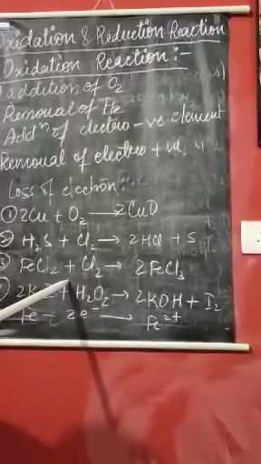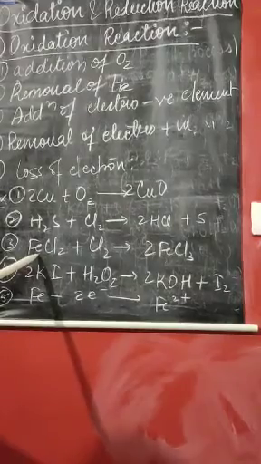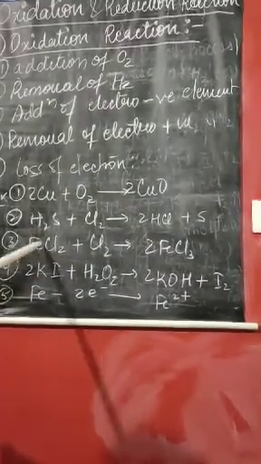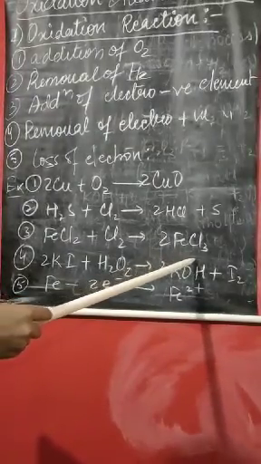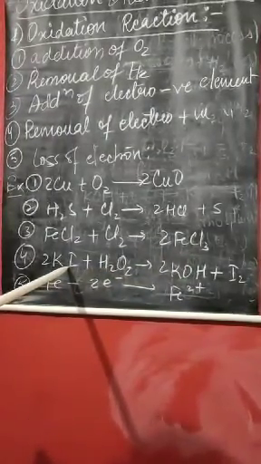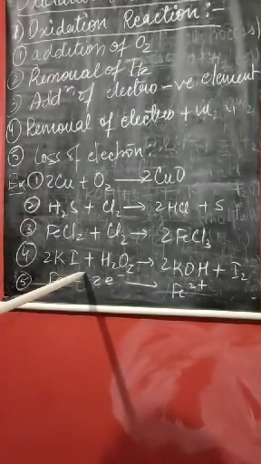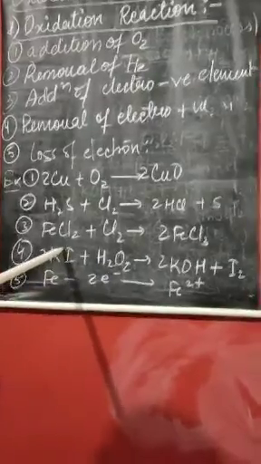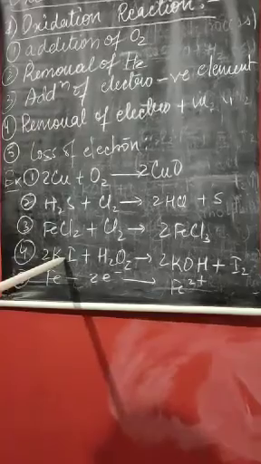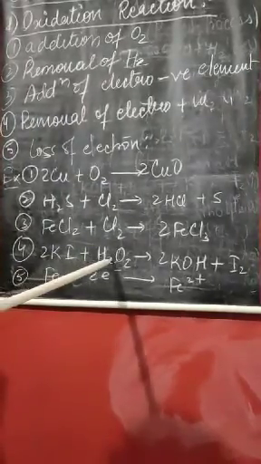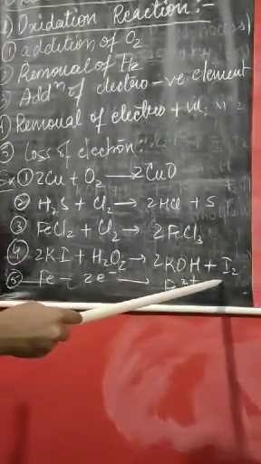In third case, addition of electronegative element. See, one electronegative element is added to this compound. Therefore, it is addition of electronegative element which results in a new product, that is FeCl3. And fourth one is removal of electropositive element. Electropositive element means, from here, one electropositive element, this potassium. This potassium is being removed and therefore it is going to attach to this hydroxide and therefore it is formation of potassium hydroxide and iodine.